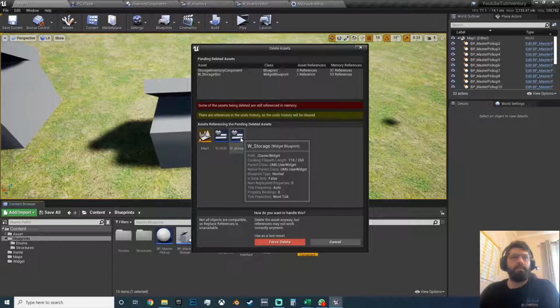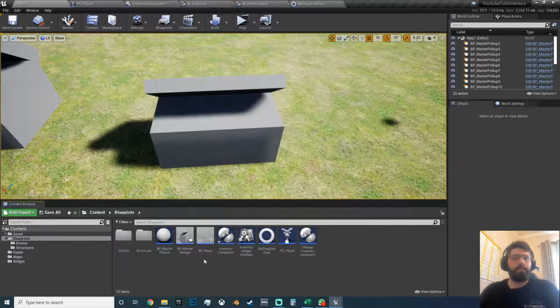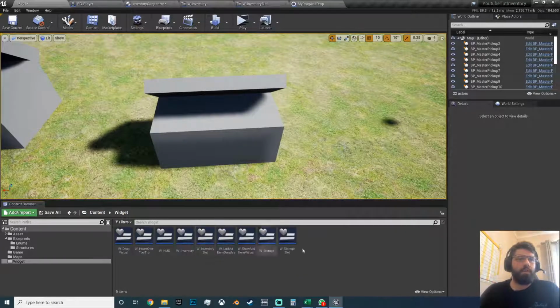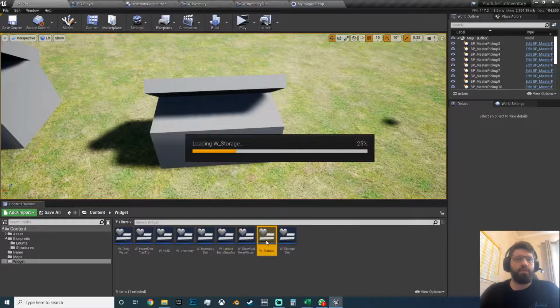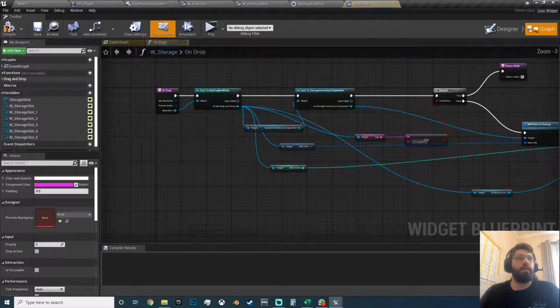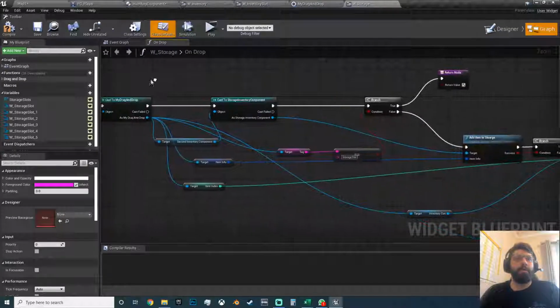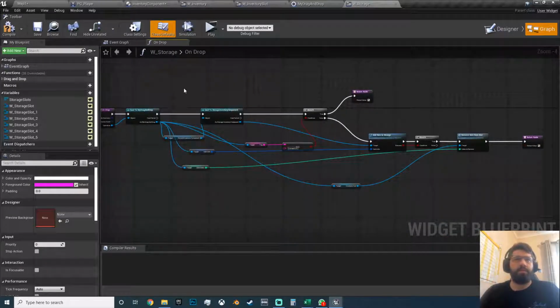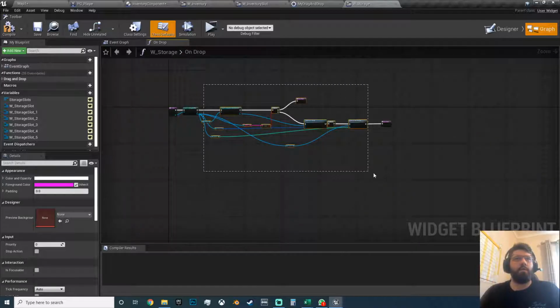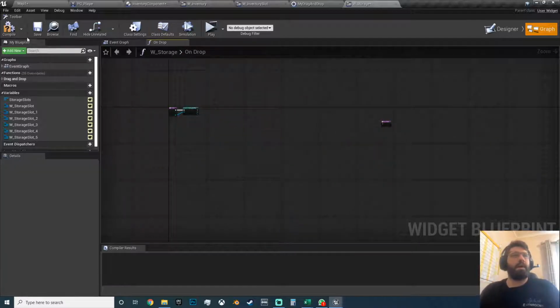We'll keep the storage widget. Tell you what we'll do. Come to contents, widget, storage widget. Come over to the graph. Now on drop, this will all be different. So let's delete all that, compile it,